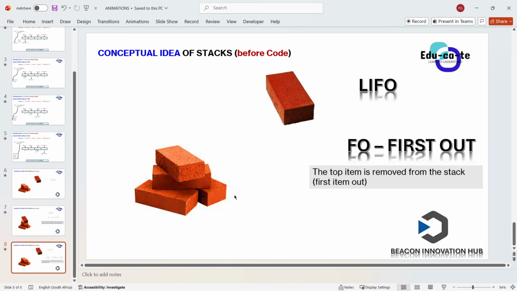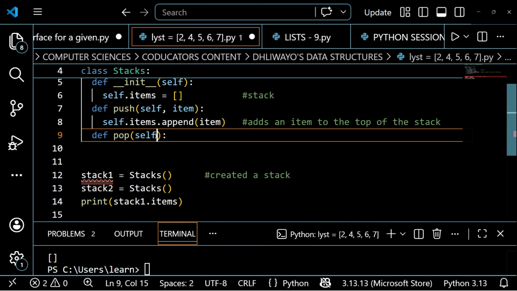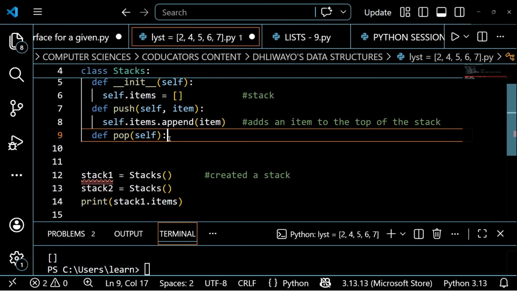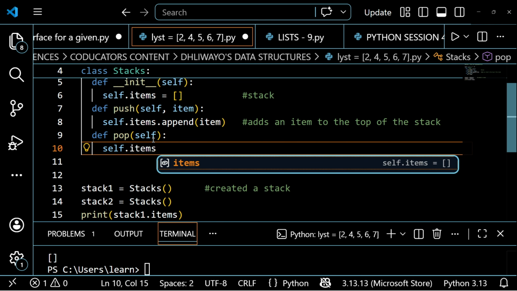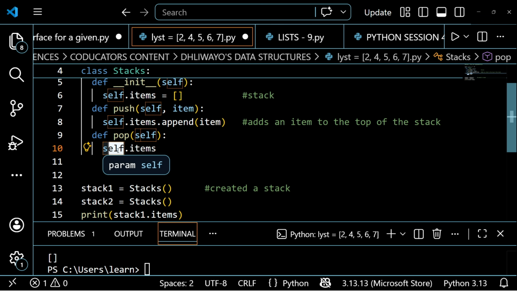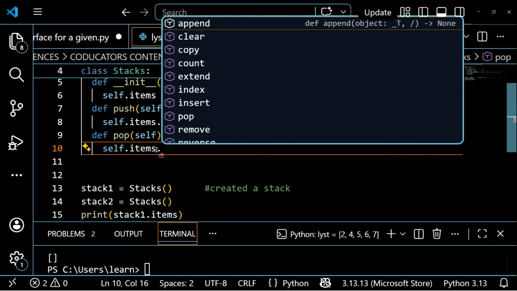All right, so basically the pop function or the pop method, you don't have to give it any parameters or give it anything inside these brackets, because it doesn't help with anything. The pop method, we already know that it removes the item at the top. So since we are using a list here, we just need to say on our list, the name is known as items, right? So remember, this self is just referring to a specific object. So this is self.items, and now I want to pop. So pop here means that I want to try and remove the item at the end. So I'm just going to say dot pop.